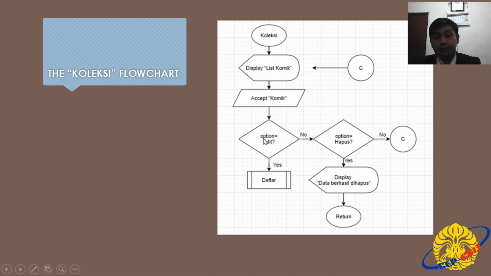Option equals edit. If yes, it's going to go to the daftar process. If no, it's going to go to option equals hapus or delete. If yes, it's going to display data berhasil dihapus and then return. If no, it's going to go to point C, which is display this commit.